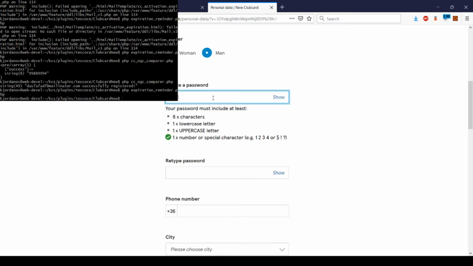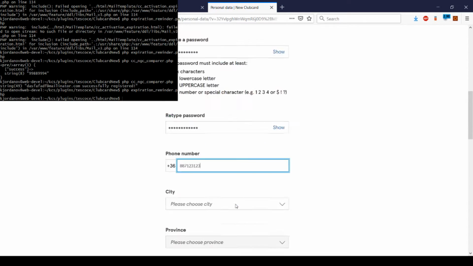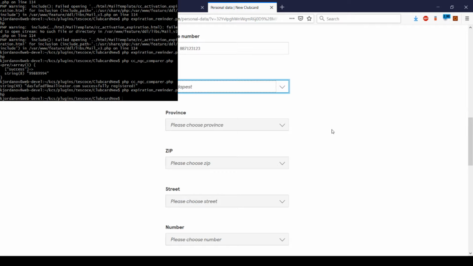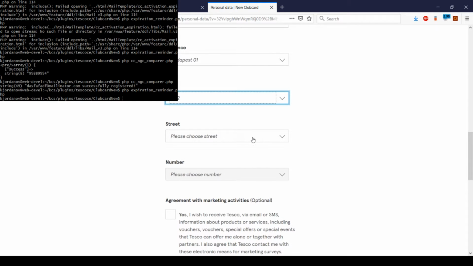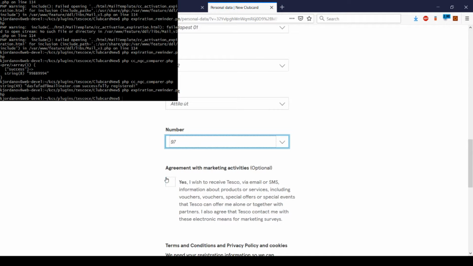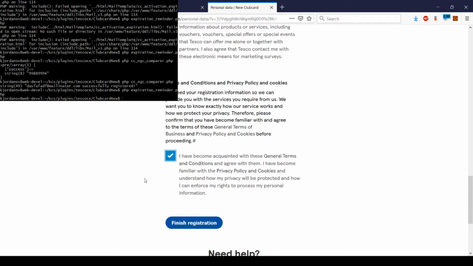We implement several types of validations on the password. So here we trigger the Bitnet API to provide us with possible options of all addresses in the database, and we choose our city, province, zip code, street and street number. We are to agree with the terms and conditions and the marketing policy of receiving marketing content, and then we can click on finish registration,